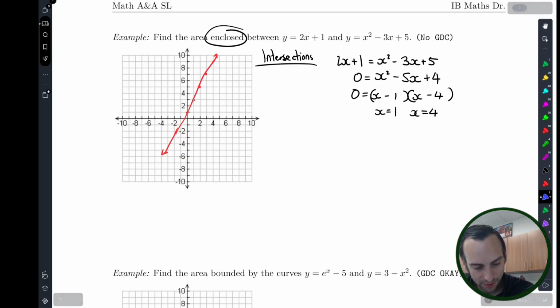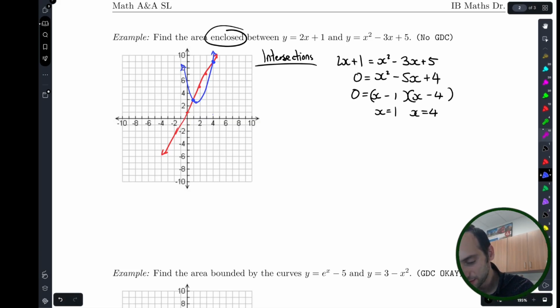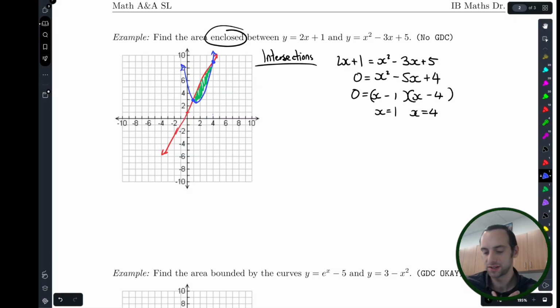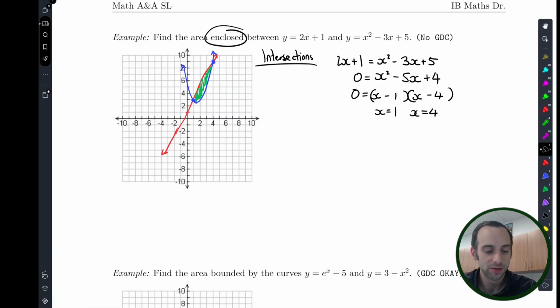So we can find those on our straight line, and that's all we need. We know this is a parabola that opens up, so it's got to come through these two intersection points, giving us this little sliver of area that we're interested in finding right here. And what we're really using this picture for is to see which function's on top and which function's on bottom. So it's pretty clear to see on that little green region, the red is bounding on top, the blue